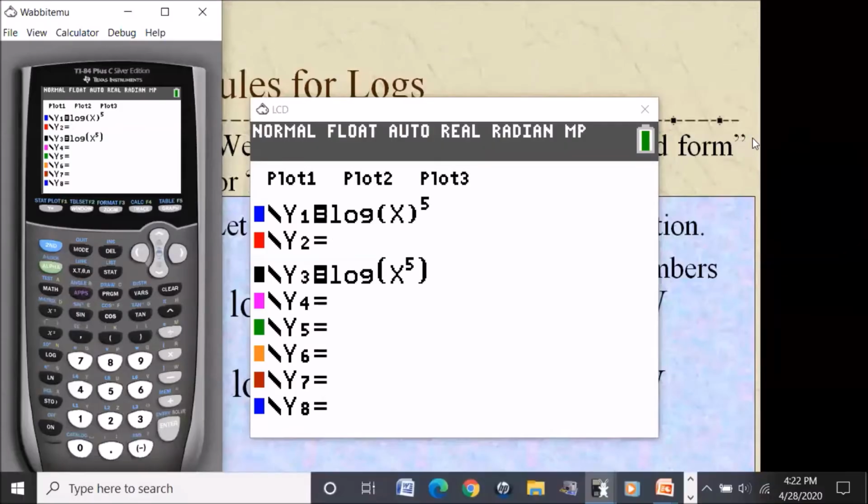For our final rule of logs, I want to compare what happens when we take a log expression to a power versus what happens when we take the argument of the log to the power. So the difference between taking the whole log to the 5th power and just the x that we're taking the log of to the 5th power. Let's compare the